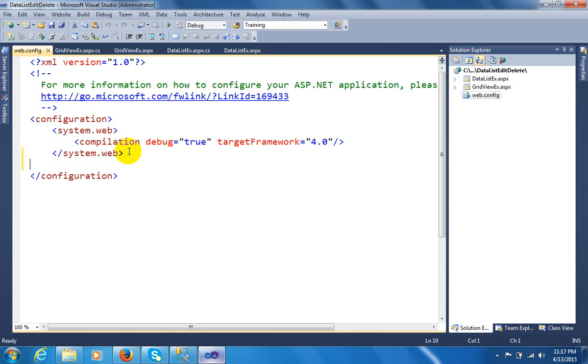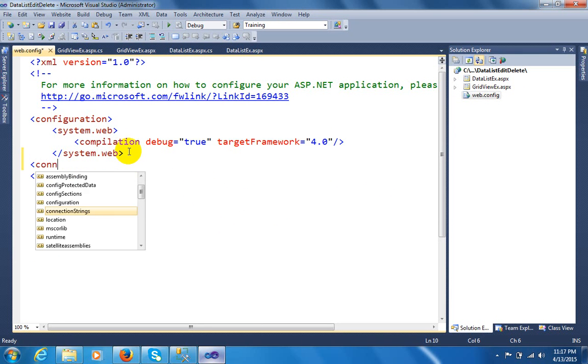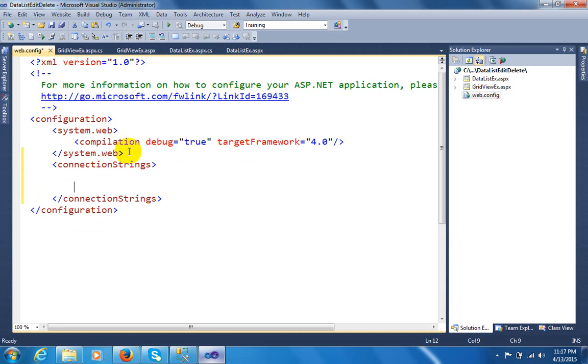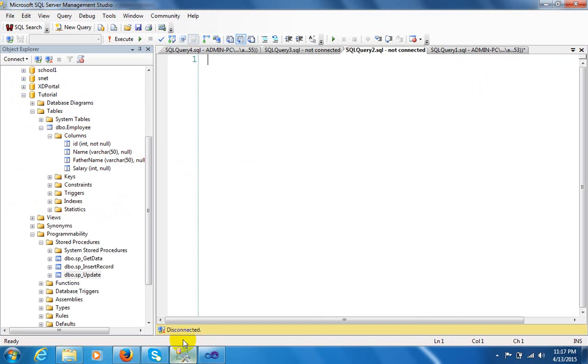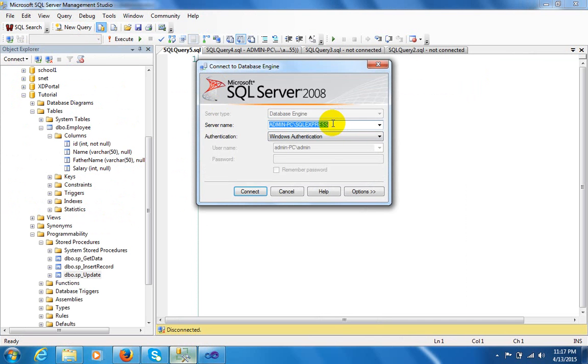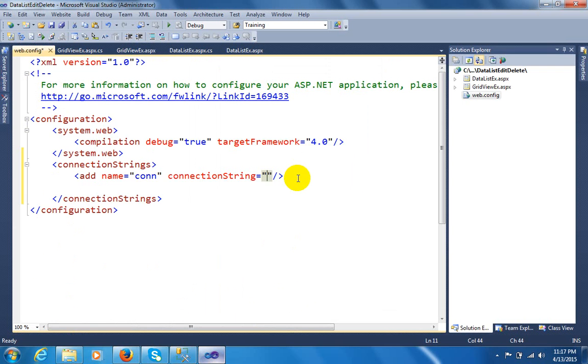When you want to share your connection in various pages, it is recommended that you define the connection in the web.config file. What is the connection string? Connection string is the database server name. Here I am taking the local database, so it's showing this message, and authentication is Windows authentication. So write just like this: server equals, write the server name,